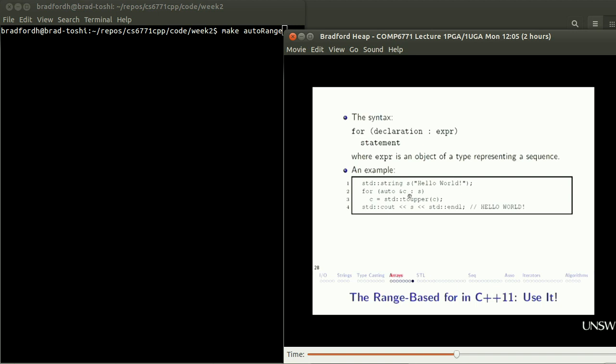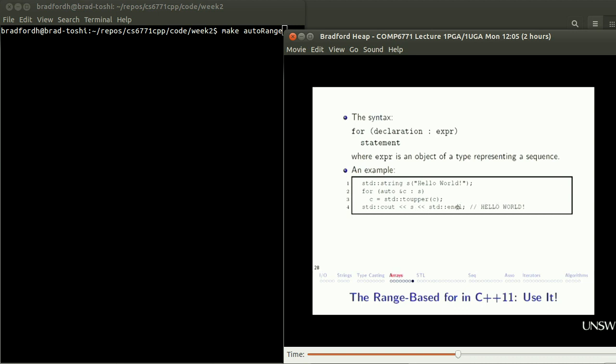For each character in the string s, okay? Now we've decided to figure out c to be auto, okay? Convert that character to uppercase. And then print out the string, okay? And also notice that that auto here is a reference. If that auto wasn't a reference, this wouldn't print out